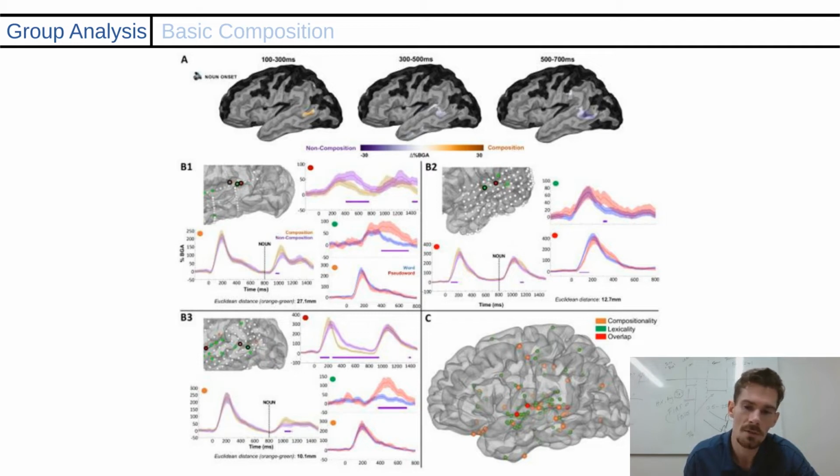So there's a sense in which there are electrodes in PSTS that are uniquely sensitive not just to lexical meaning, as in the meaning of red or the meaning of boat, but also to the meaning of red boat. And that's very much a language-specific trait. The sensitivity not just to the meaning of red or the meaning of boat, but to the meaning of red boat. And of course, indexing the sensitivity to basic phrasal meaning is the very starting point for a real neurobiological